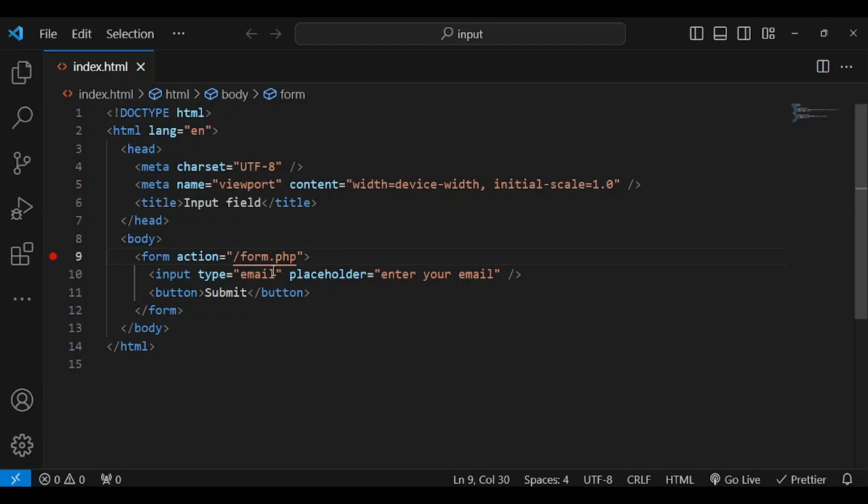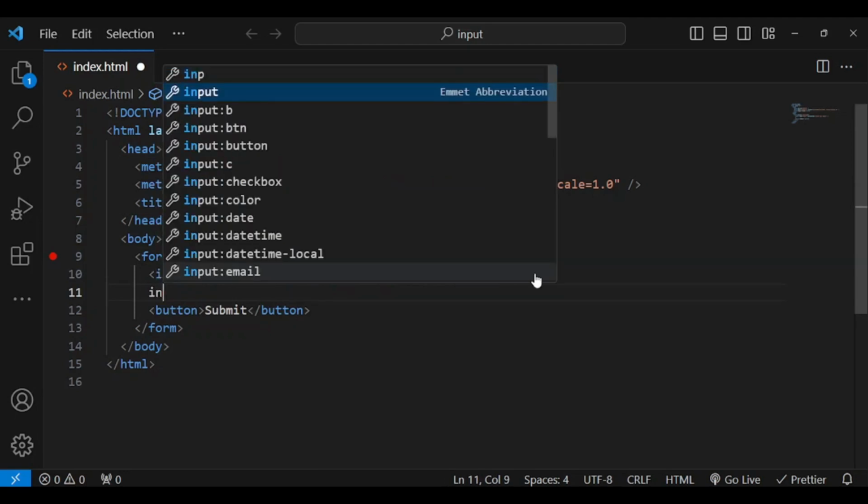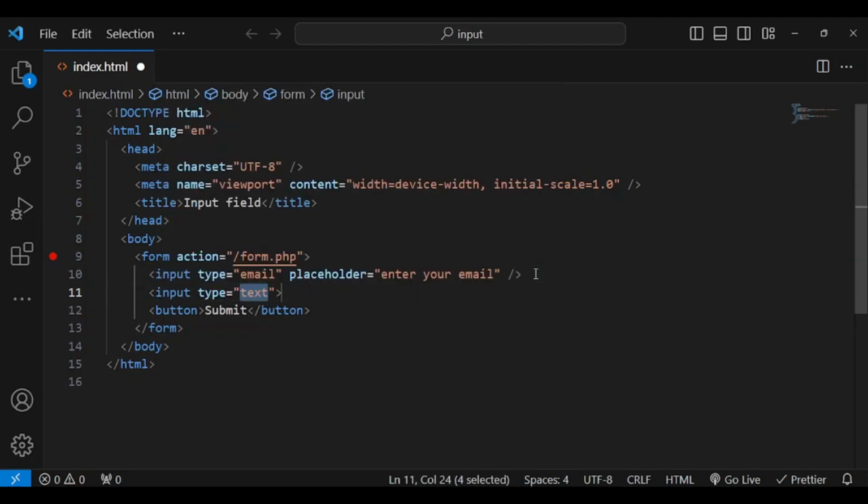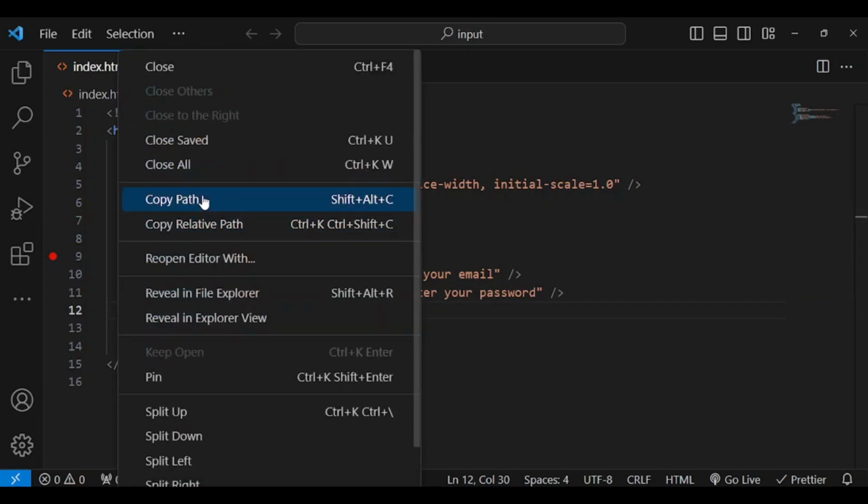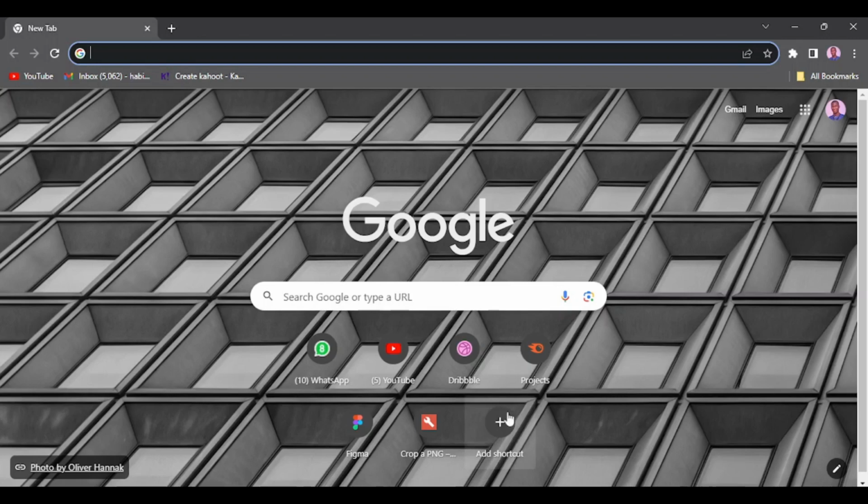So now I would definitely want to add another input field without removing this. The first one was going to be perfect for our example, but I'm going to be specifically changing this one to a password. The type should be equal to password, and then probably adding a placeholder equal to enter your password. Perfect. So let's see what happens inside the browser now. After saving with Ctrl S, let me copy the path and go to my browser and paste this,